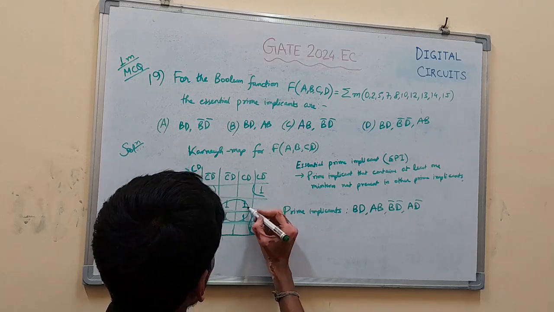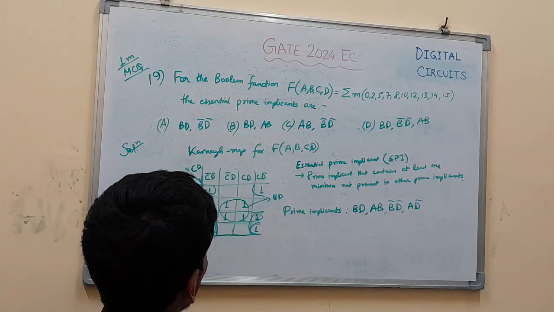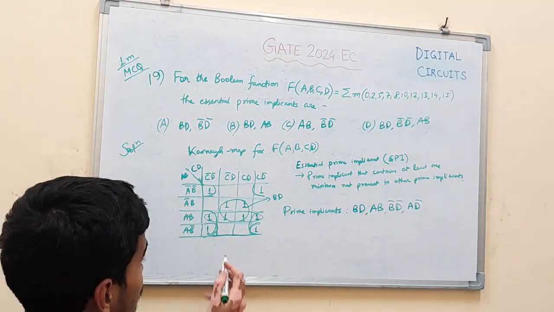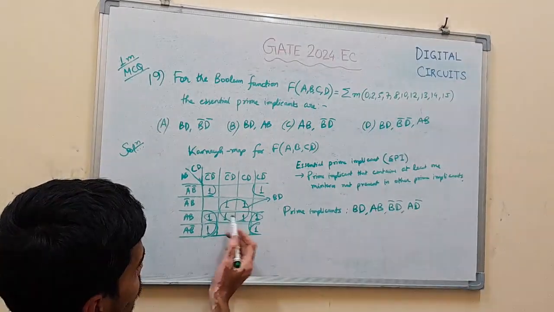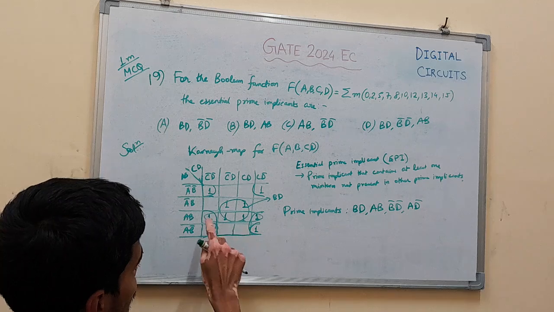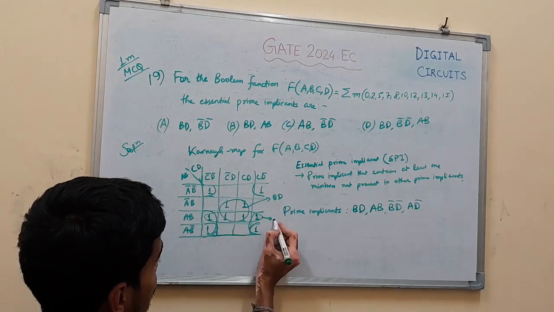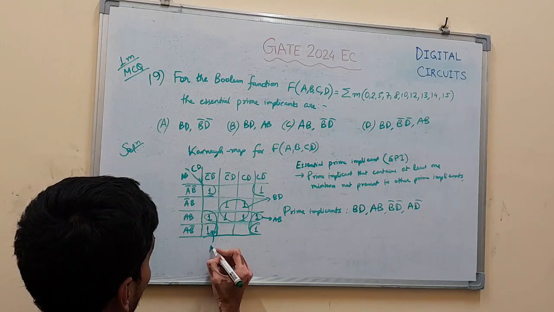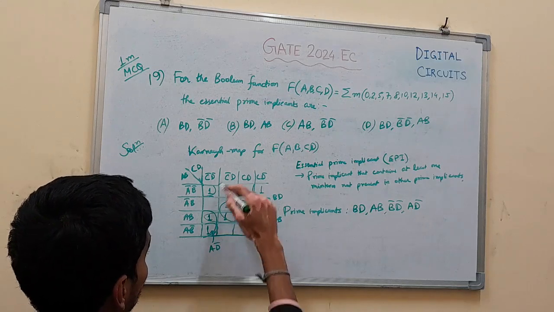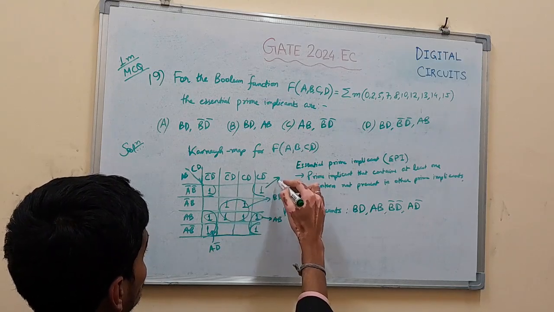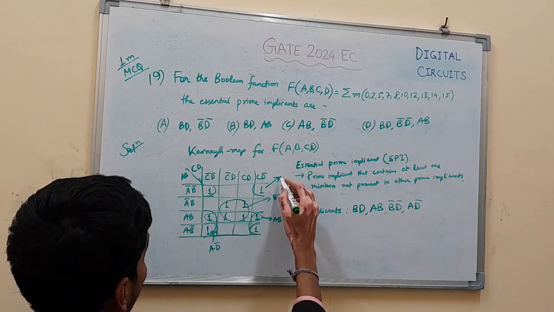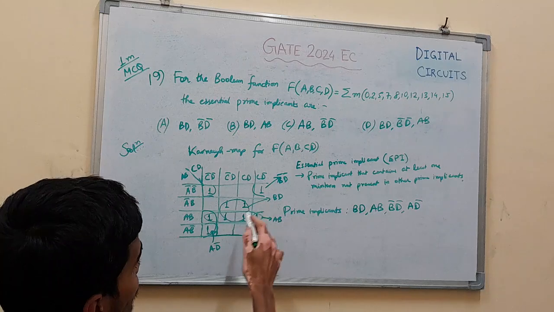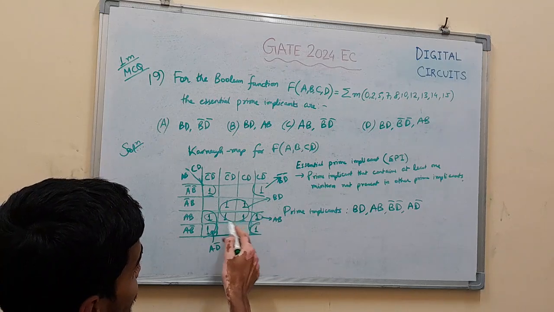कौन सा BD है? ये BD है, राइट? BD में ऐसा कुछ एलिमेंट है जो दूसरे essential prime ingredient में नहीं है। ये जो वन है वो तो इसमें भी कॉमन है। मतलब ये जो AB जो प्राइम इंक्रीमेंट है, ये AB है, ये है आपका AD बार, और ये जो प्राइम इंक्रीमेंट है ऊपर नीचे, ये है आपका B बार D बार। तो BD में जो प्राइम इंक्रीमेंट है उसमें जो ये वाला जो वन है वो AB